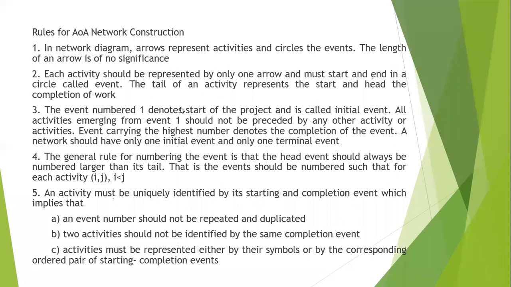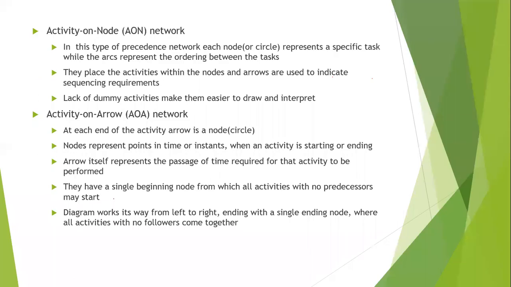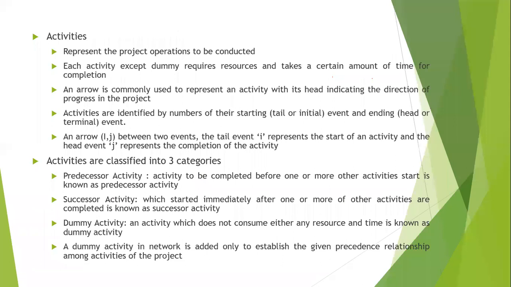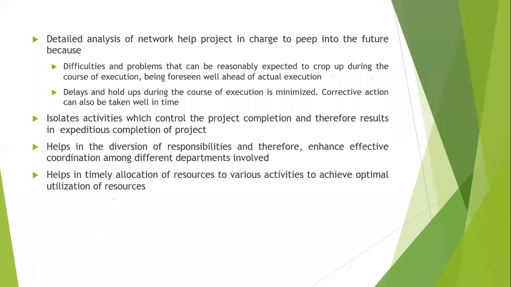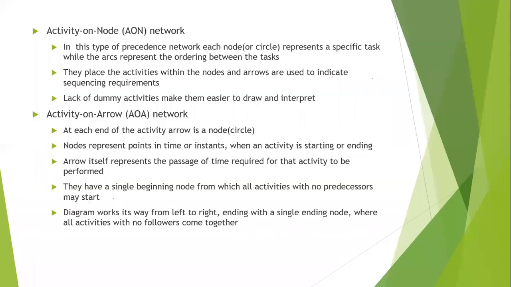Okay. Now why I've given you this: certain times this was asked for a 5-mark question. What are the rules for constructing a network diagram? Theory part. Then you have to draw this diagram. You have to give an example. So that's the reason this theory part is there. Activity on arrow network question has also been asked. What is predecessor, successor, dummy has been asked. Merge and burst event had been asked. So this is the theory part which is required.